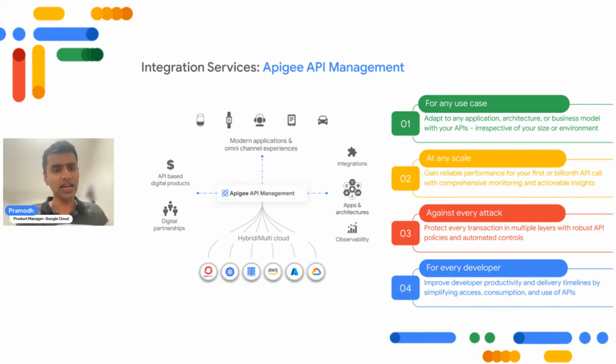And coming back to manageable, Apigee makes sure that it does not add any additional overhead. It suits every developer, for it is part of your daily experience, be it if you're using your IDE, all of it. This is what you're going to see in the demo, that it is built into your existing tooling, so that it is not adding any additional overhead for you to manage APIs. Okay, so that is what Apigee API Management is.